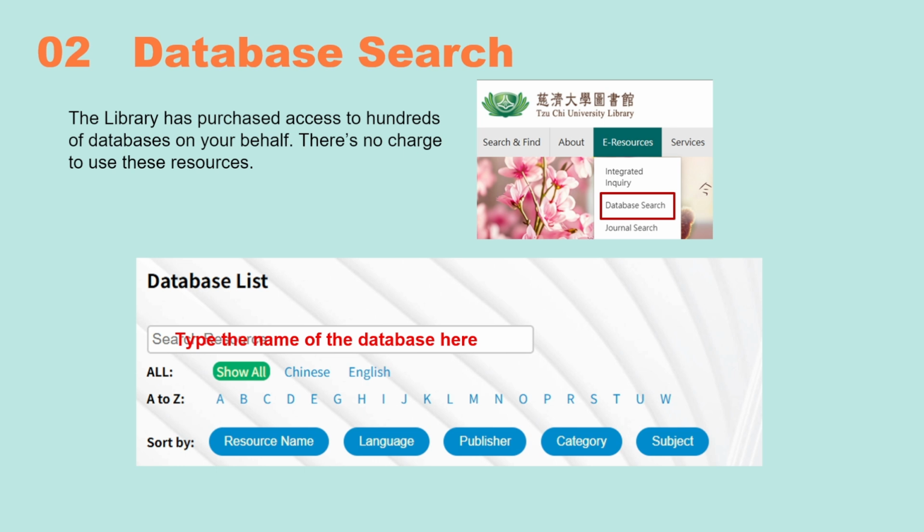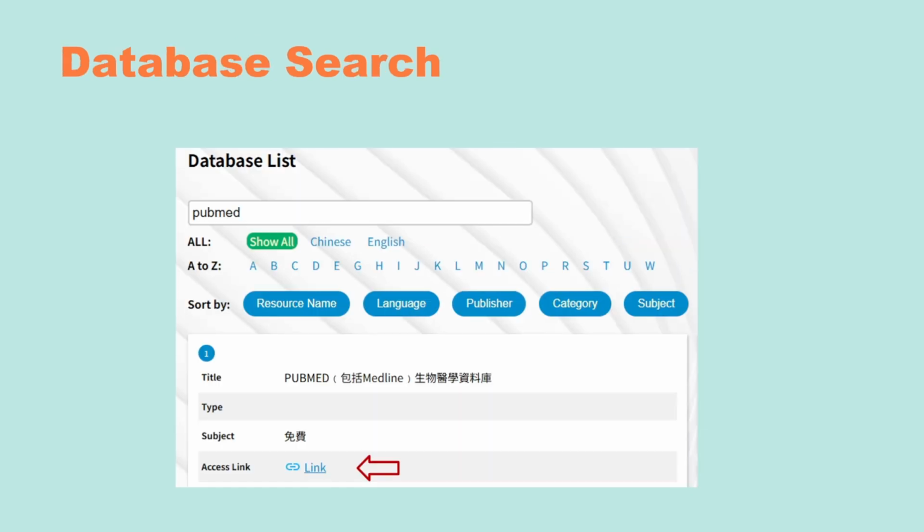Names on the list are in alphabetical order and can be sorted by source name, language, publisher, category, and subject. Once you know the exact name, you can directly type it in the search box. PubMed, for example. The database will automatically appear below for you to see. You can access it through the link, then search for information in this database.